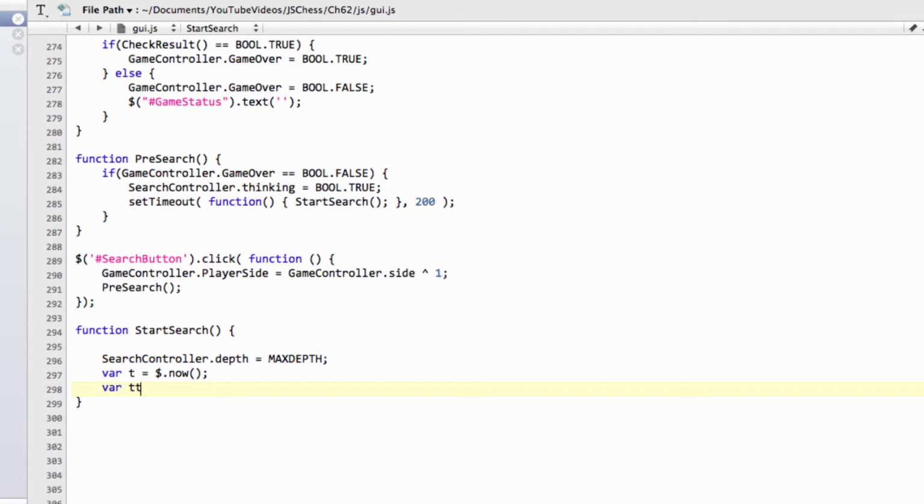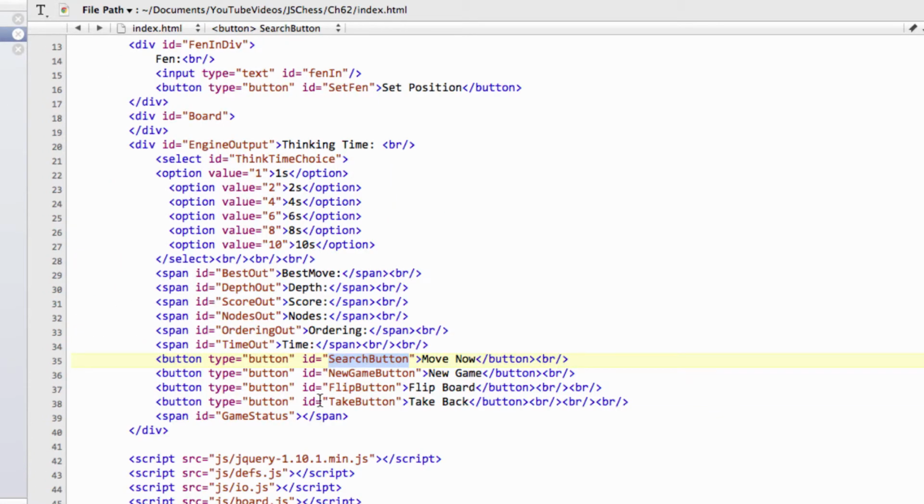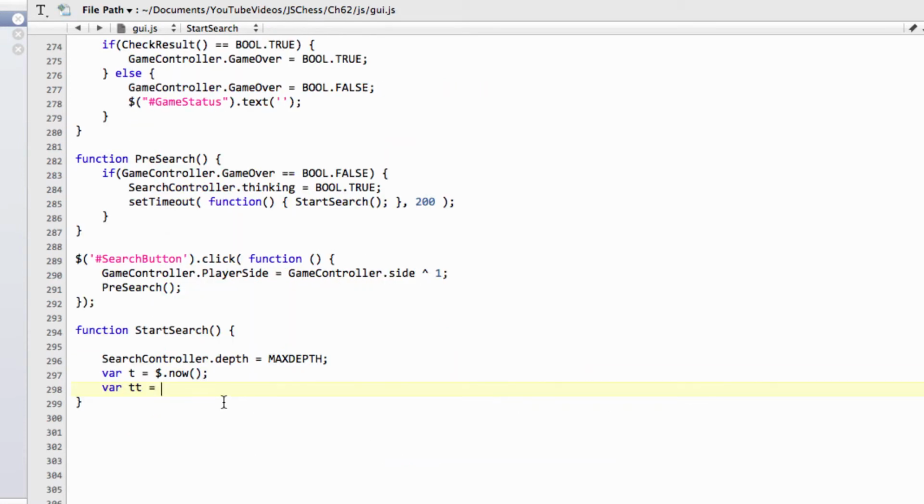and then we'll get the thinking time that the user chose, and this is from our drop down list, which is called, where are you, think time choice. So we can take the value from that by using the jQuery selector again and the hash for the ID, and then we can take the value, I think using the val function like so. So this will now store the 1, 2 or whatever that we've chosen from the drop down list,